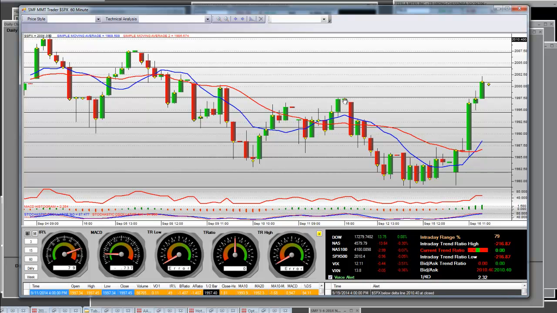So we had that secondary pullback to this consolidation, and this is where the S&P 500 actually made lows of 1978.48 right here, and we consolidated on a 60-minute level on a breakout, and then we made this high here in the short term. You can clearly see that high, and this high was exactly, let's take a look. Once again, it was right up here above the 2000 area slightly.